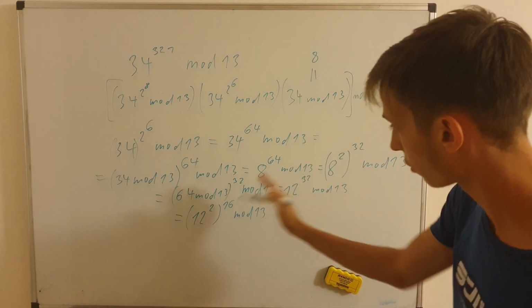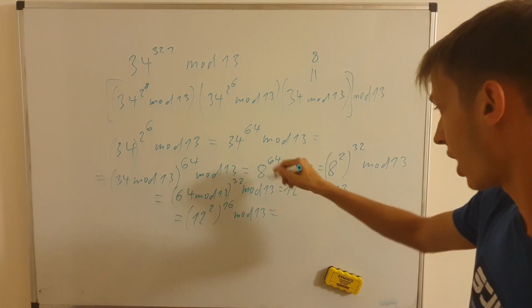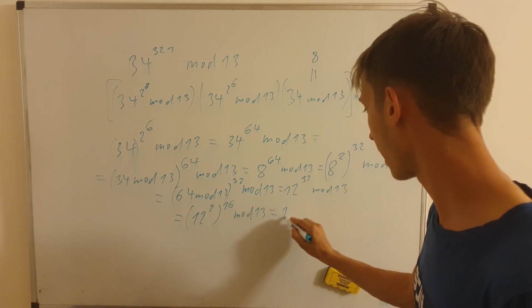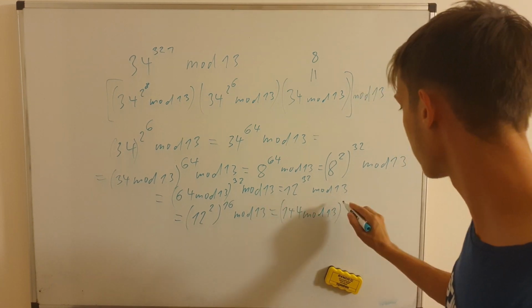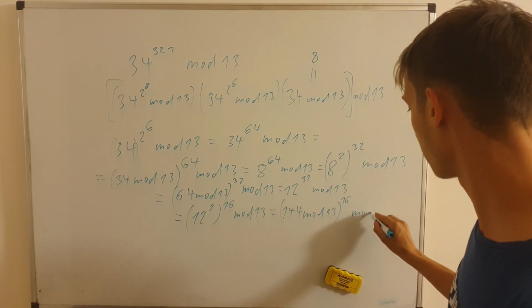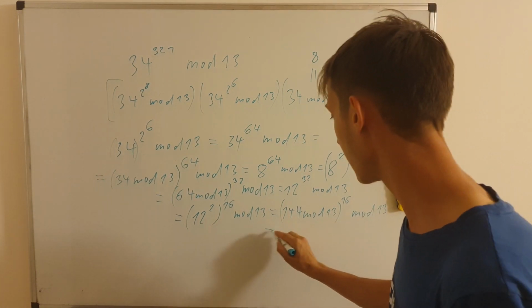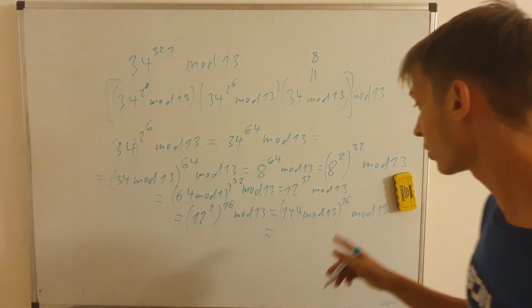But again, I can put the mod 13 on the inside as well, because those are factors of a chain of multiplications. That's what the exponent means. And I can do 144 mod 13, that to the 16th power, and from the outside mod 13 once again on the whole thing. Now, here it ends, and we don't have to continue doing this chain, because fortunately enough,